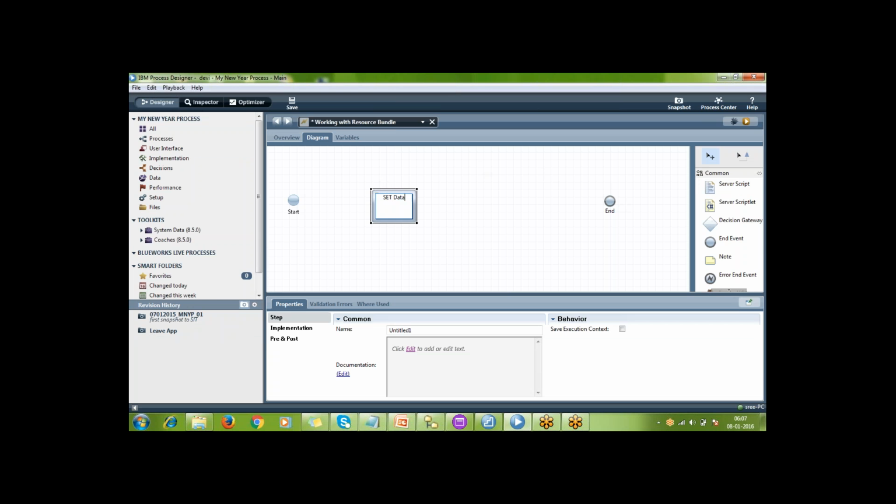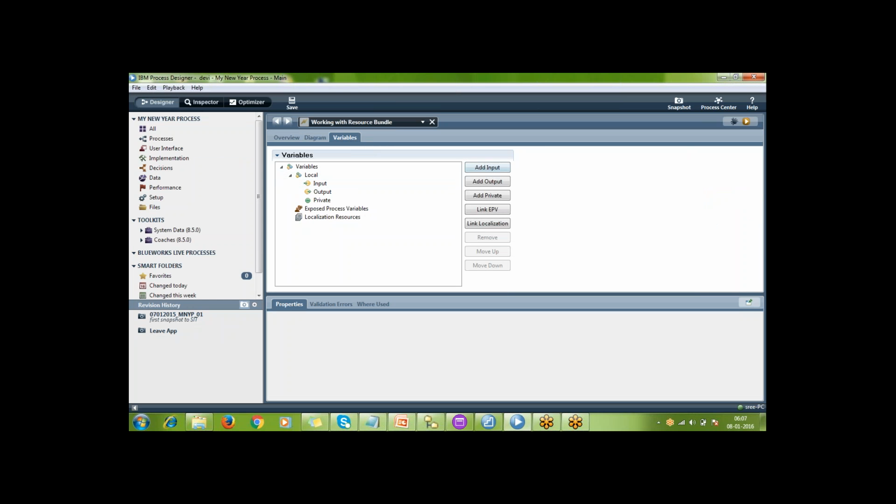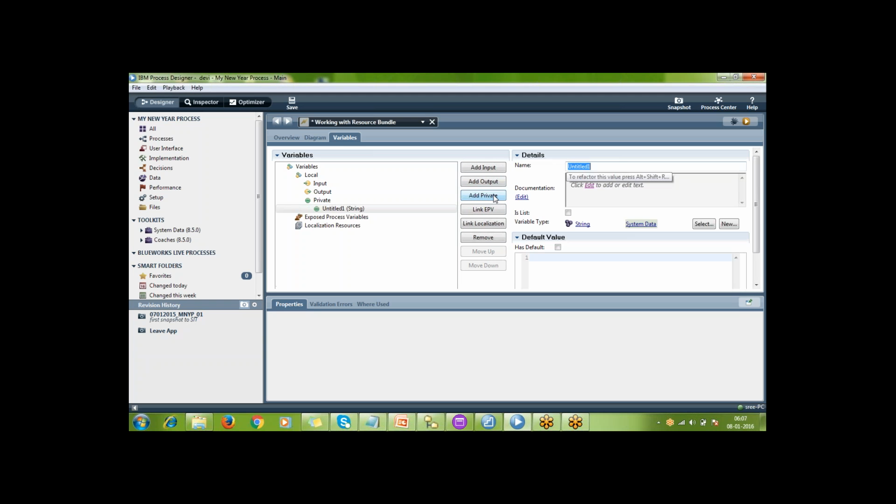For example, there is a variable called some message. I'm taking a private variable, some message.